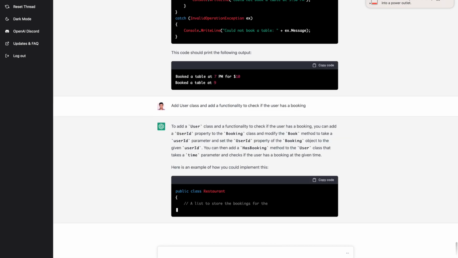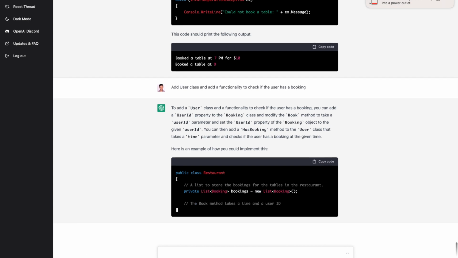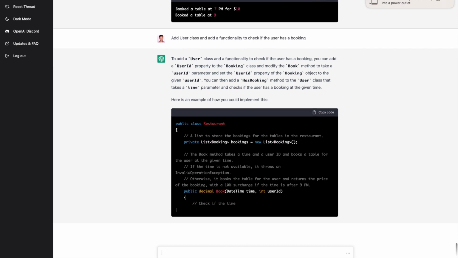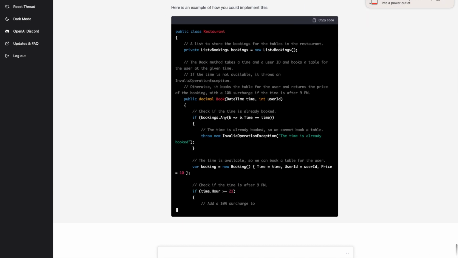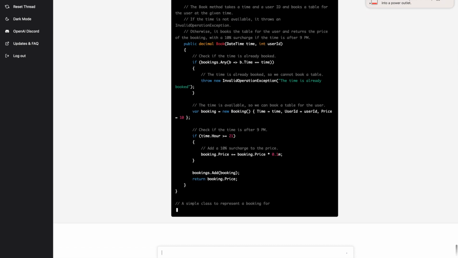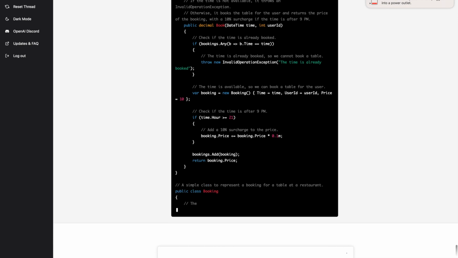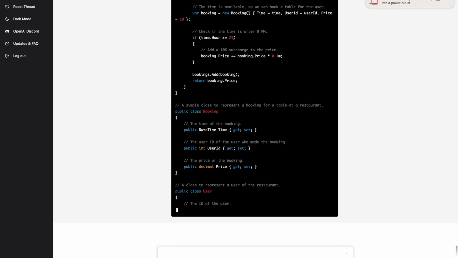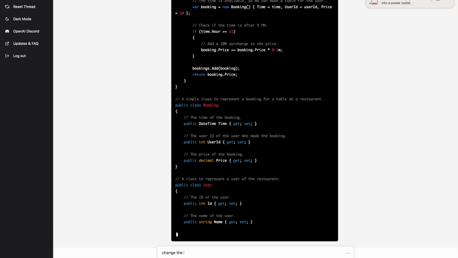It has considered user ID, which is good. The type of the user ID is going to be... we are passing the user ID. Okay, it has considered integer as the user ID, which I don't really like, but I think I can ask it to change the user ID type from integer to GUID.